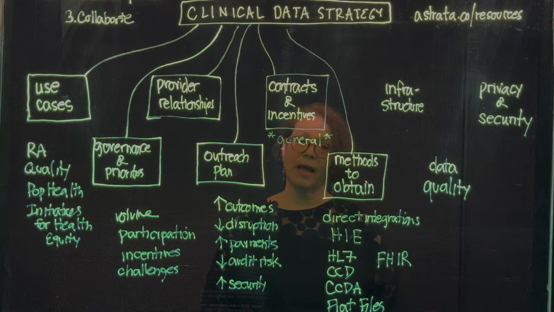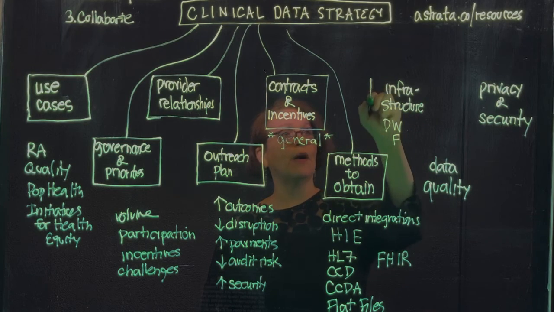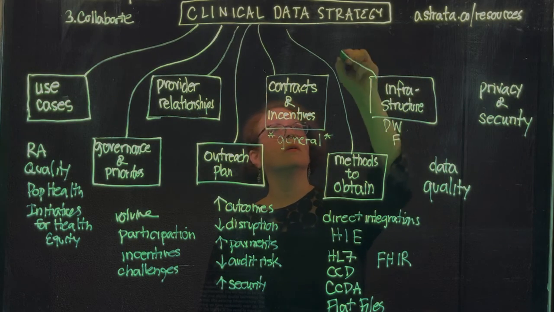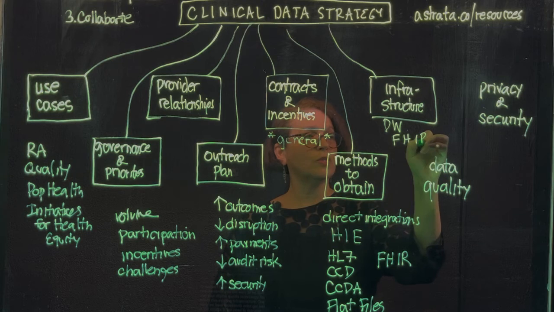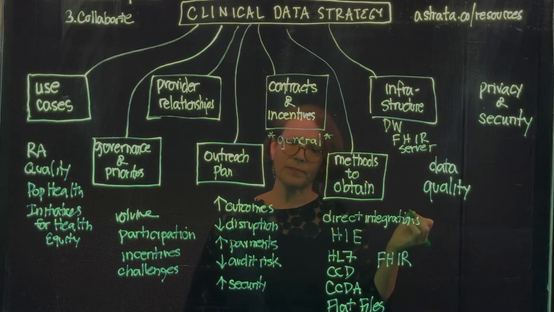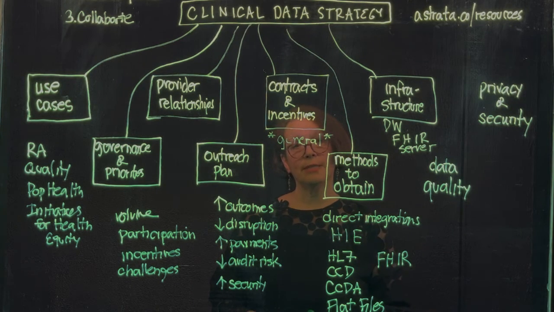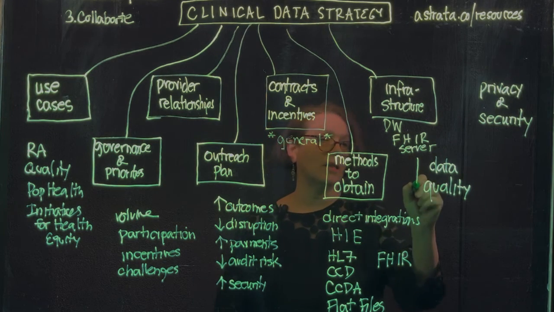Most health plans have already invested in centralized data infrastructure, such as a data warehouse or a FHIR server, used to support their ONC interoperability requirements. You will want to be sure that your digital quality technology fits within this existing infrastructure. One thing we have repeatedly seen get lost in the shuffle is the need to manage clinical charts. Next comes data quality,